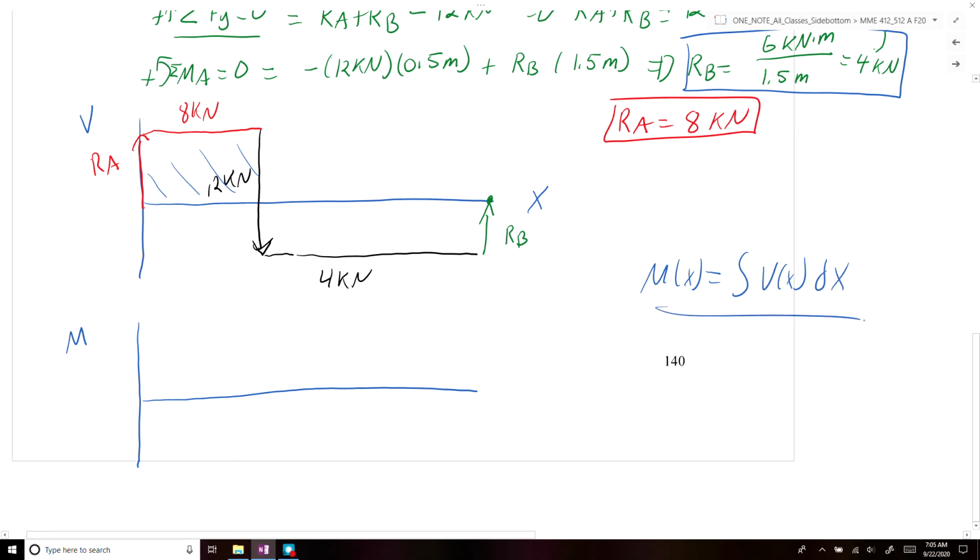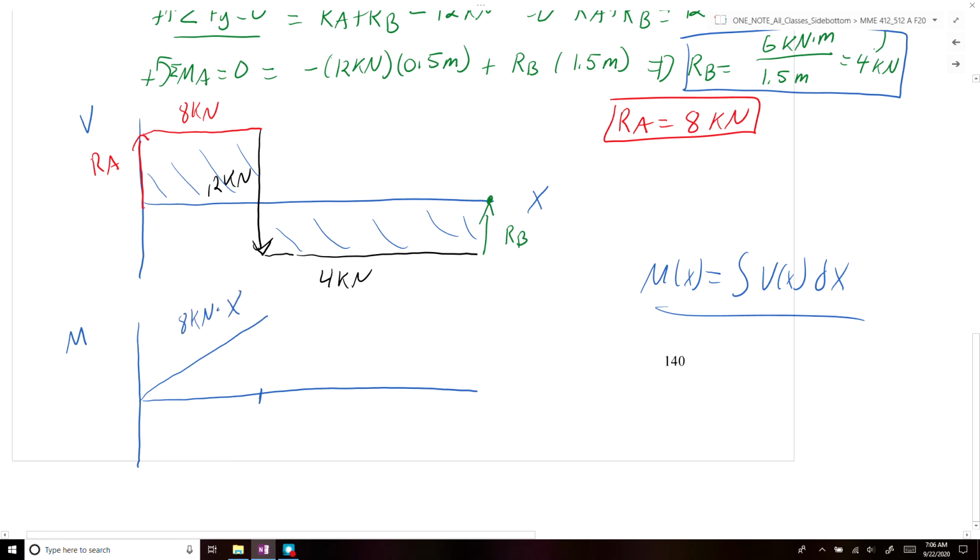If we integrate our shear diagram, we should be able to get our moment. We have a constant 8 kilonewtons here, and the integral of a constant with respect to x is just that constant times x. So we would get a slope of 8 kilonewtons